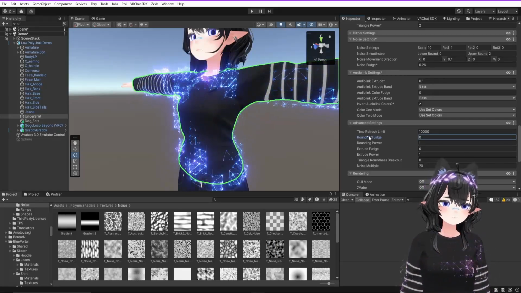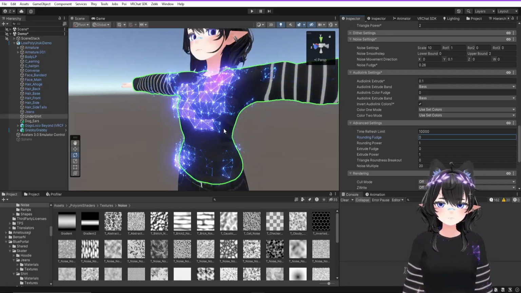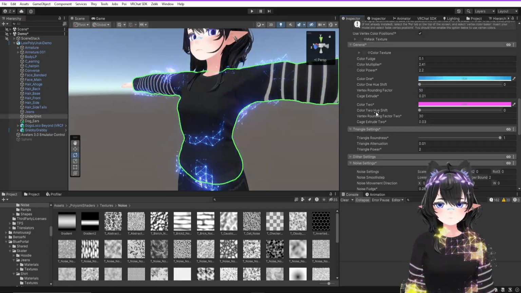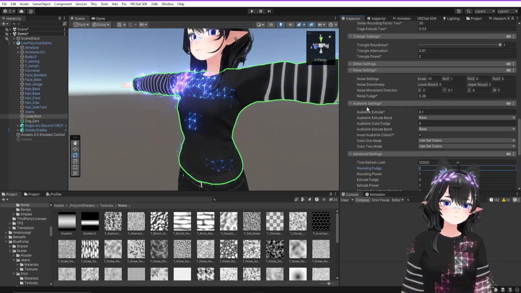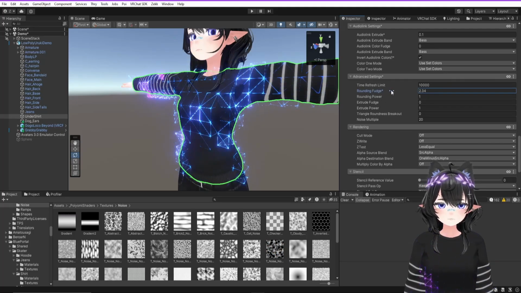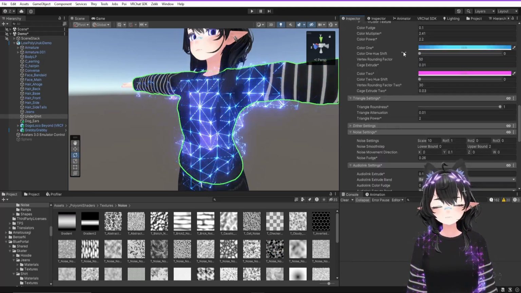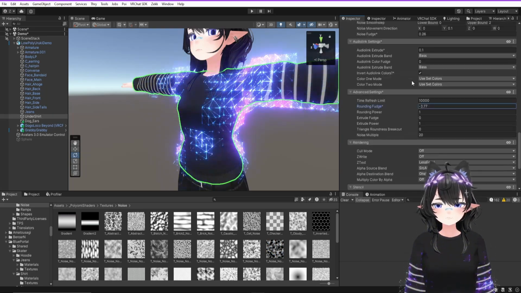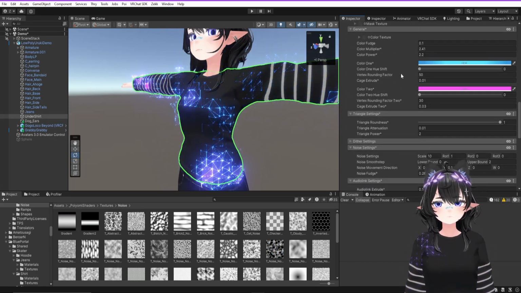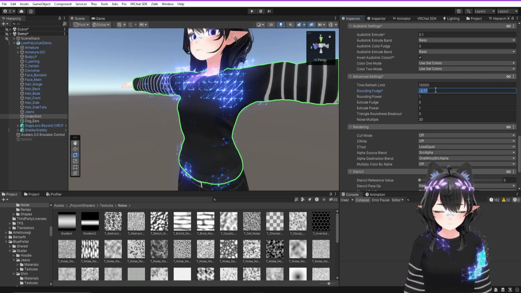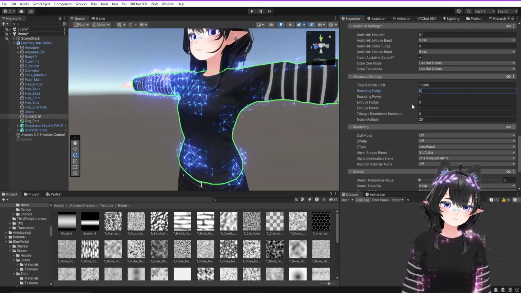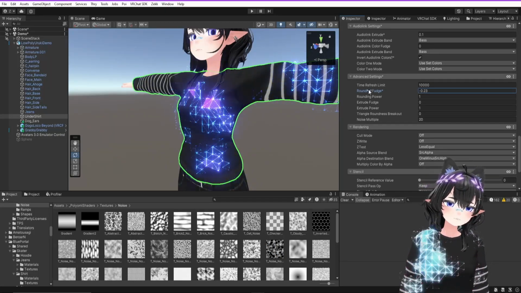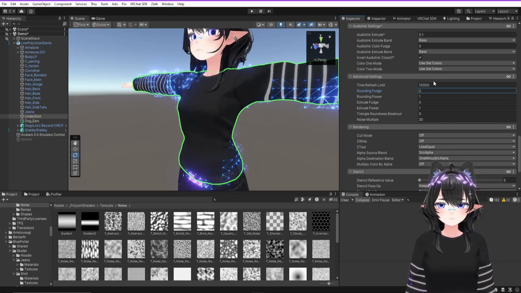The rounding fudge has to do with at what point the rounding starts, or it moves from this rounding value to this rounding value. You can see if I turn this up, we're stuck at 30. And if I turn it down, we're stuck at 50. Setting this to 0 means it will be the defaults that are set up. I think the defaults look nice, but just in case you wanted a little bit more control, you have that here. Rounding power,